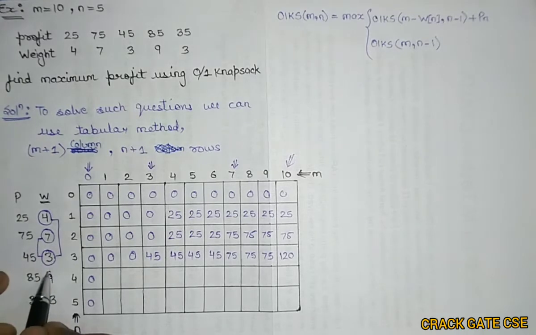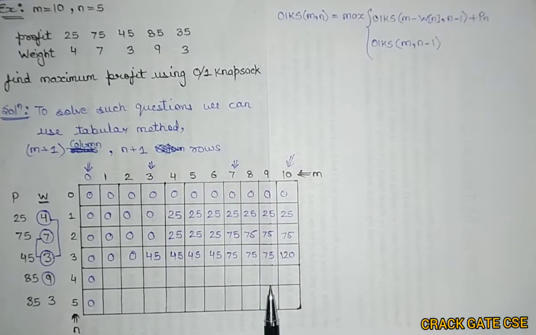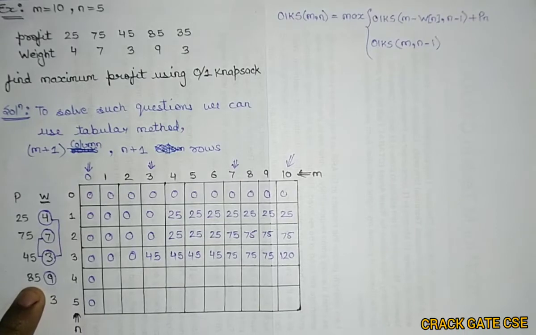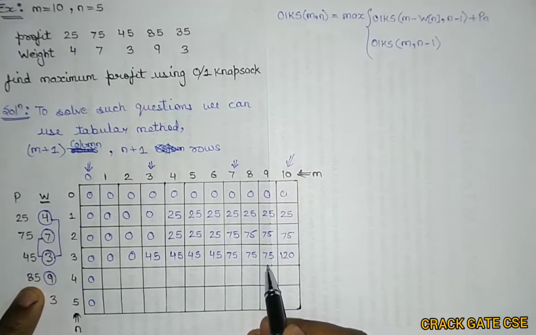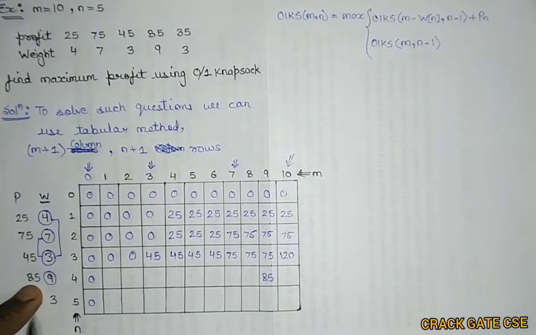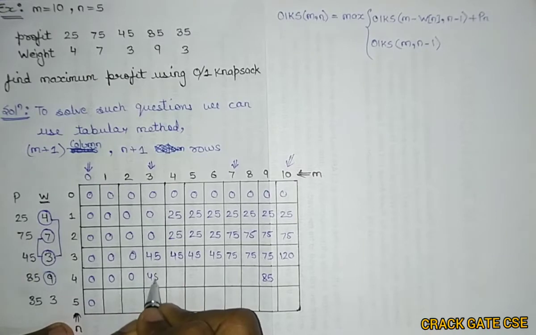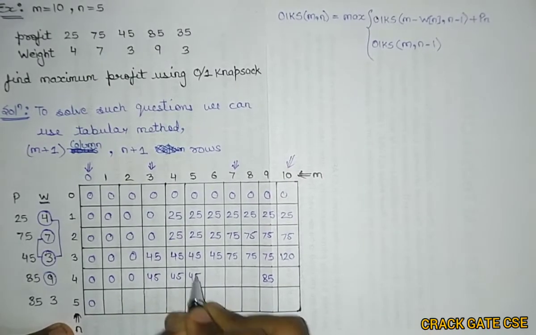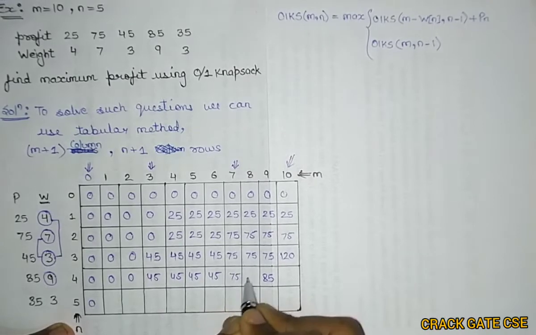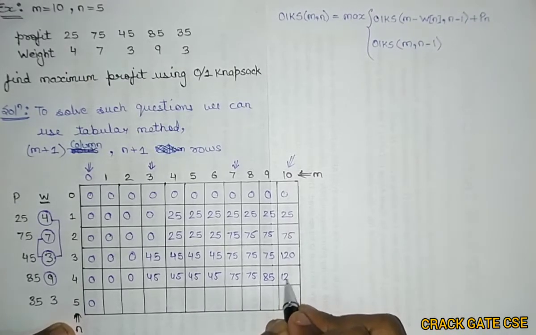So now I am going to check this number 9. Where the bag capacity is 9, that means I have to update the value here. But you can see here I have 85 and here I have 75. So 85 is maximum among these two, so I am writing 85 over here, right? I cannot take any other values with this 9, because if you sum up any of these weights with 9, it will be more than 10, which is not allowed. So I am just filling out these values by comparing. So it will be 45, 45, 45, 75, 75. Now if you check here, 85 and 120, obviously 120 is maximum, so I am taking 120 over here.